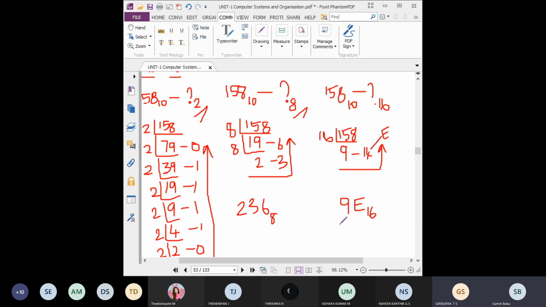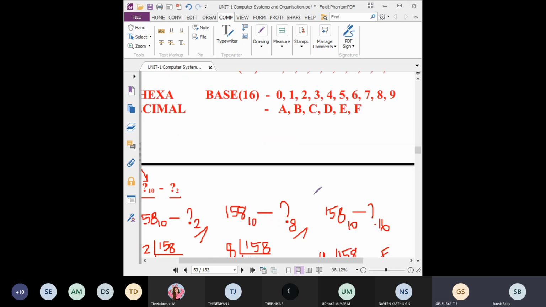Very good. So everyone try to answer. This is the thing I need everyone to practice, so kindly practice this kind of conversions. Just now we completed 3 conversions. In an exam they will ask any one type or two types, because we have totally 12 number systems.